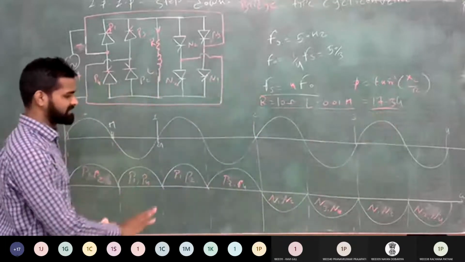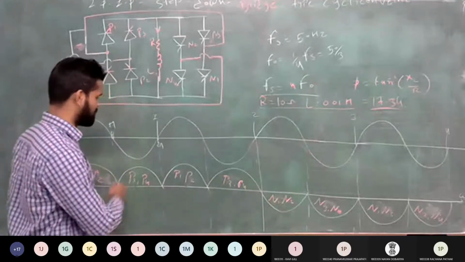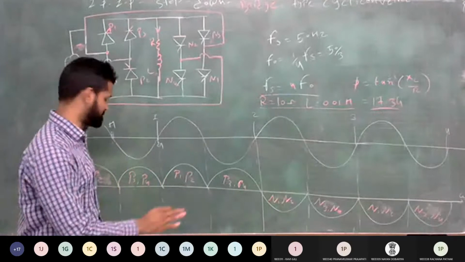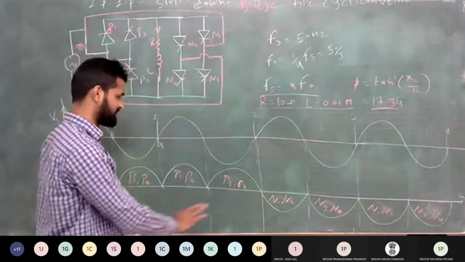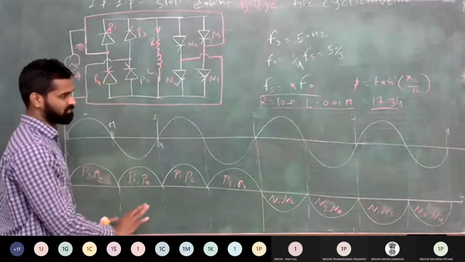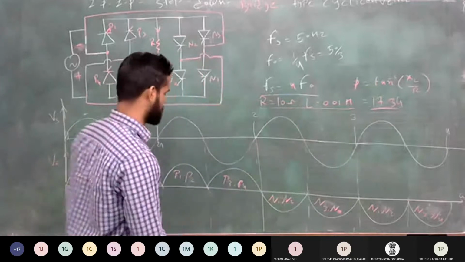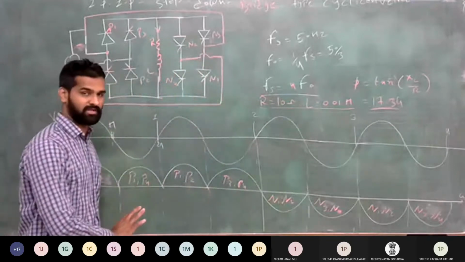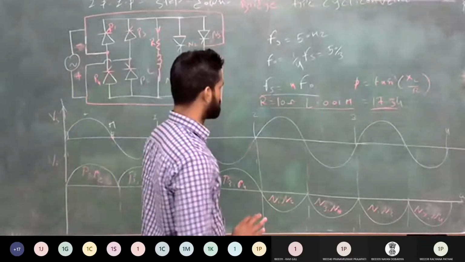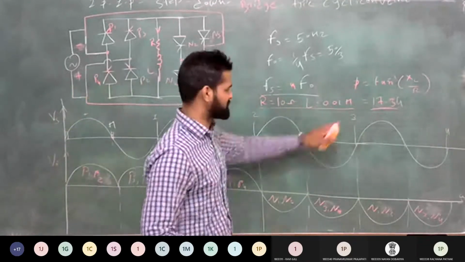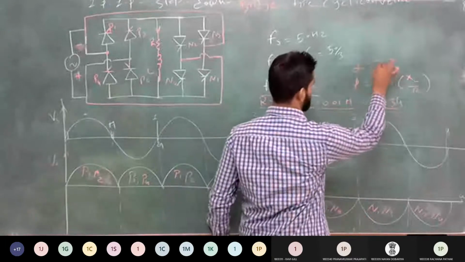Here, this waveform is for resistive load. So that's why I am not drawing the waveform of load current, because voltage and load current are in the same phase. That is the load current for resistive nature of load. Clear? But for the inductive nature of load, your waveform of load current is different from your output voltage. So now for this case we draw the load current also. First of all we draw the output voltage for this condition: phi is equal to 17.34 and alpha is equal to 30.